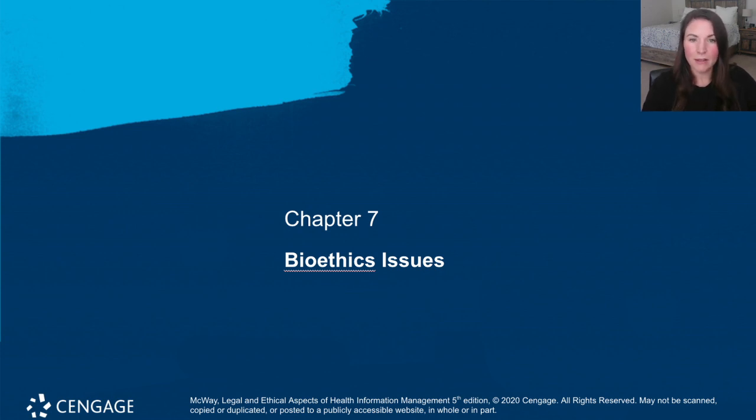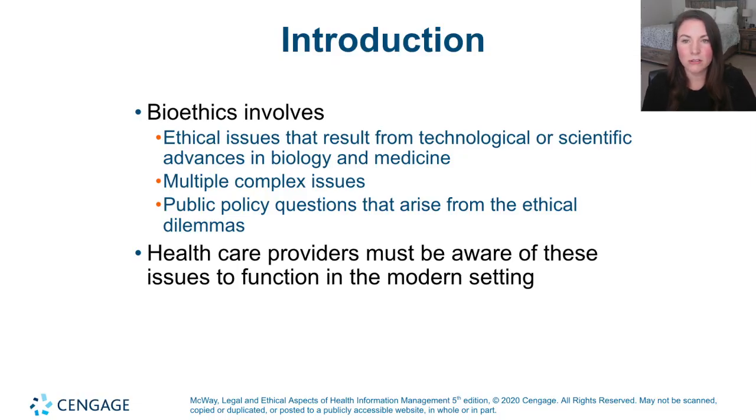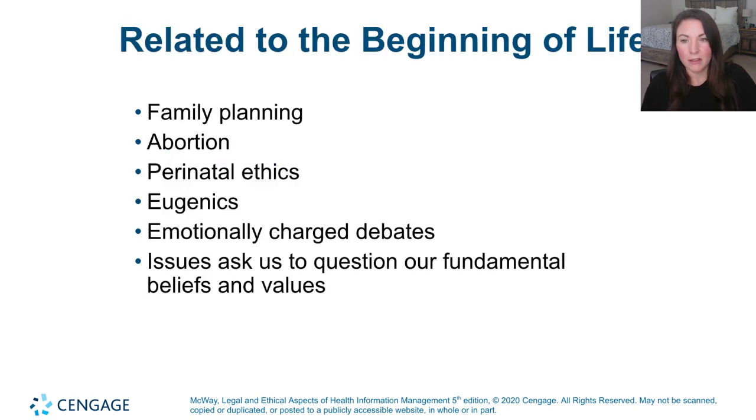Okay, bioethics issues is the study of ethical issues that are caused by technological and scientific advances. So as science and technology continue to advance, the bioethical issues that come from that are becoming more and more complex also. Sometimes, it's advancing so fast that the government isn't able to keep up with addressing the issues, like with public policy. Okay. There are three categories of bioethical issues we're going to talk about in this chapter.